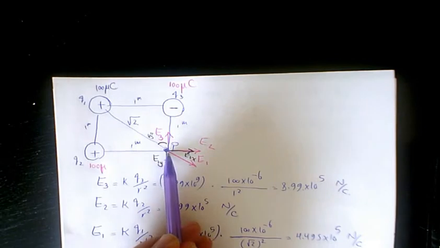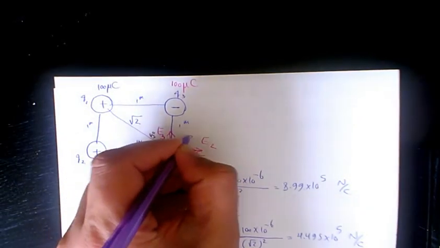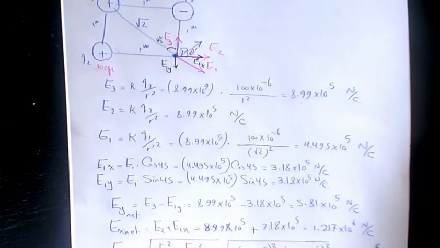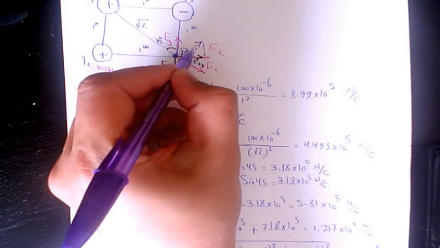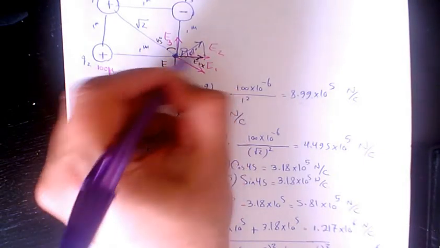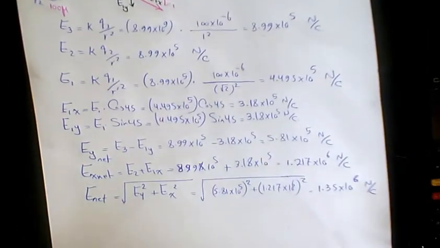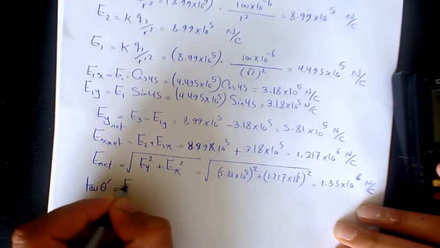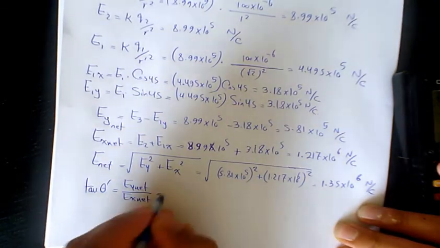The angle is going to be, because that's going to be EX, this one is going to be E net, and EY, so it's going to be somewhere like that. And theta, let's say theta prime. Tan theta prime is going to be EY net divided by EX net, which will be